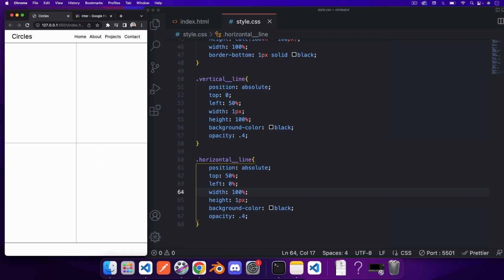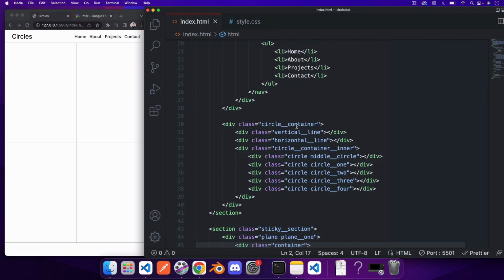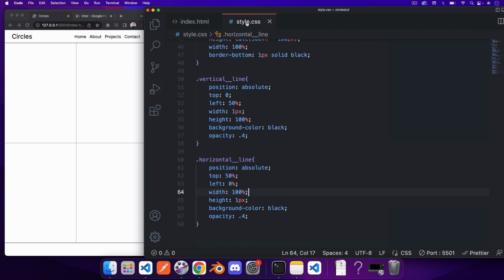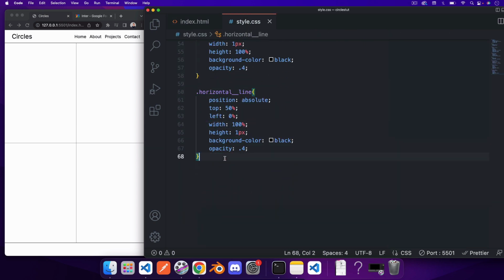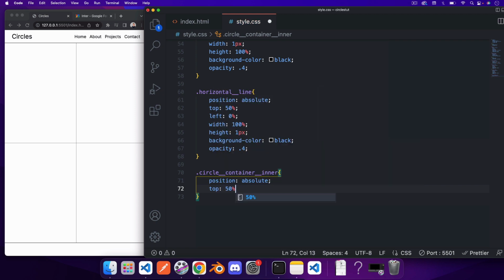So next thing I want to do here is I'm just going to get the inner container for this circle. Remember, if we come down here, we had this circle container, and then we had this circle container inner div, which is going to actually house our circles. Okay, so I'll come here, and then we'll come underneath this. I'll just say dot circle container inner, and again, going to position this at absolute relative to the parent div. We'll say top 50%. So we're going to centralize this. Left 50%,